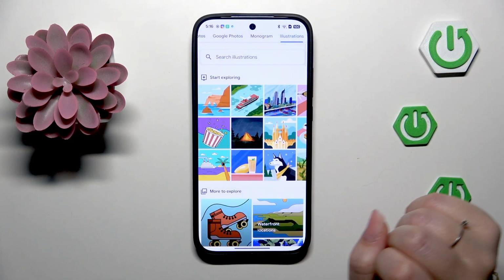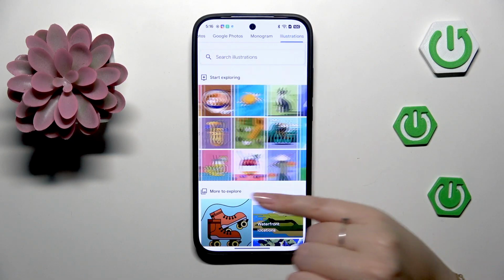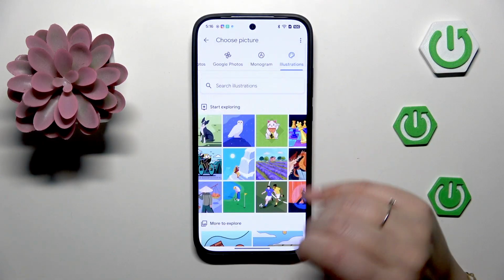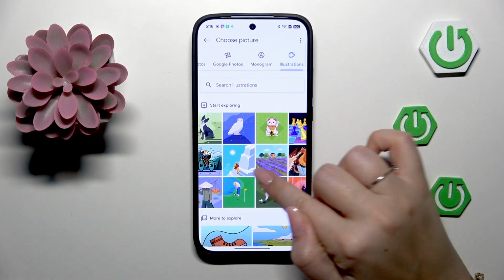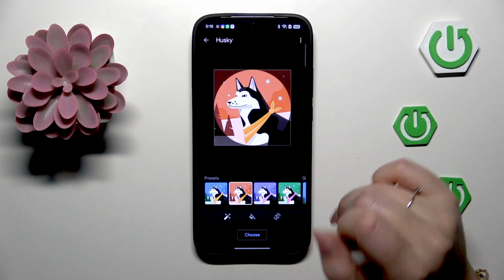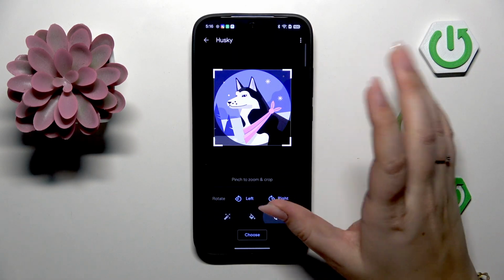And here illustrations, which are free of charge, and they are available online. So they are quite a good option, especially if you do not have the photo of the person whose contact you'd like to customize. So just tap on the picture. Here you've got also the presets, so you can change the colors, which are cool,